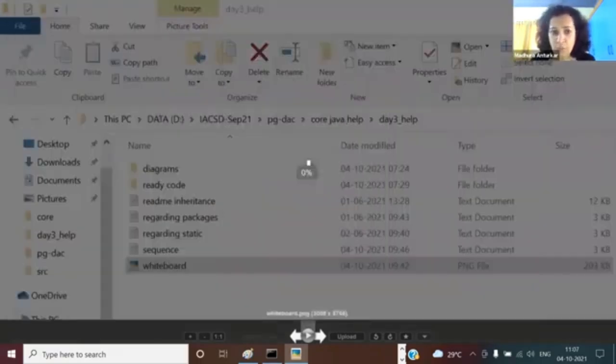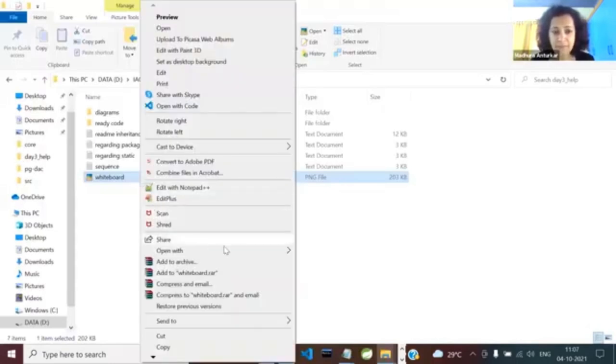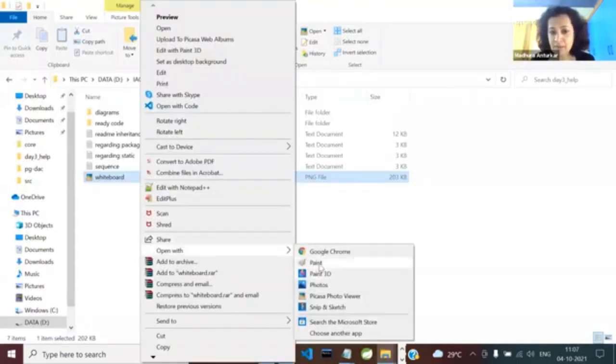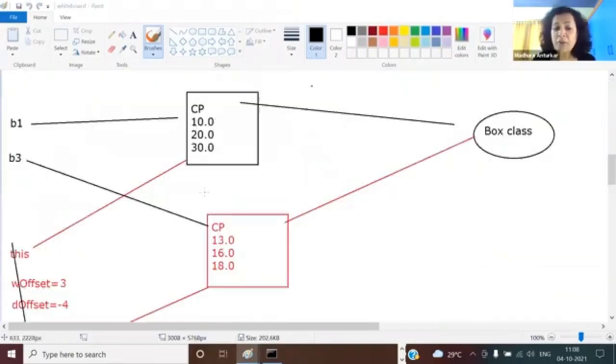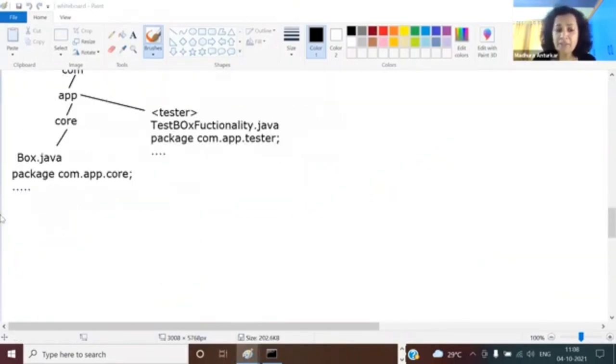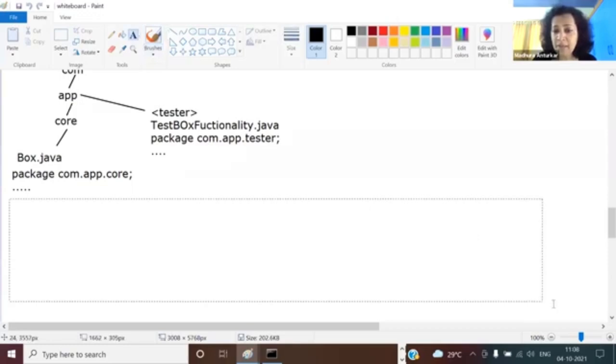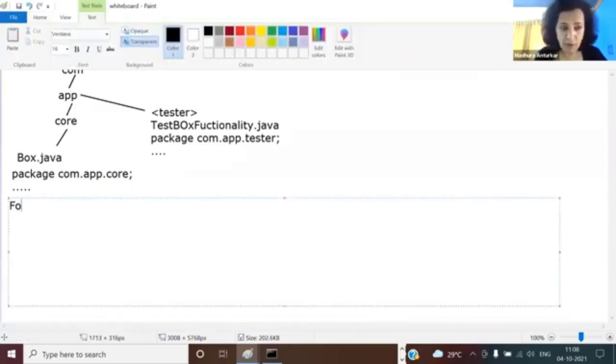Wait a second, I'll just open this in Paint so that I can write the instructions right here. Whenever you get it at the end of the day, after the lunch break, you should know the instructions so that you don't waste your precious lab time doing that. So for compiling, where should you be? You should be under day 3.1,